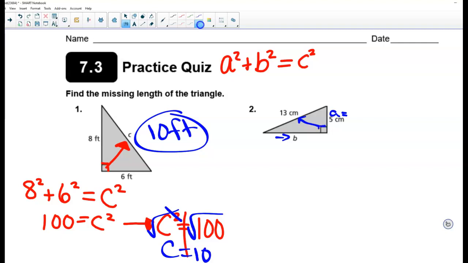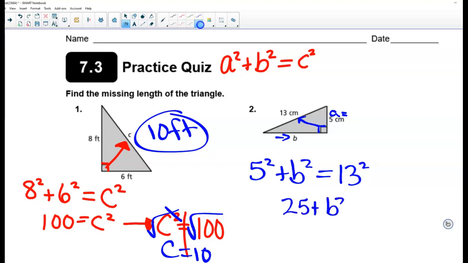Because this is across from the right angle, that's our C. So we're going to plug in 5 squared plus b squared, and it wouldn't matter if we flip these around, equals 13 squared. So this is where we have to do a little bit of solving, and then we get 5 squared, so we get 25 plus b squared equals,